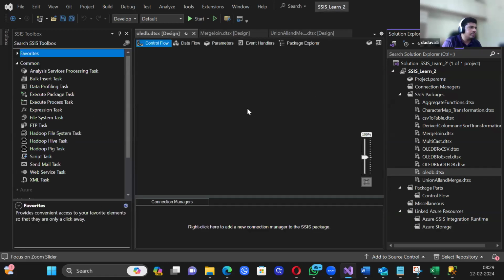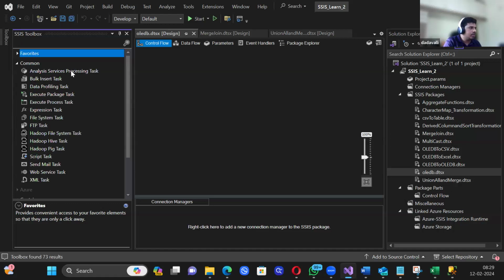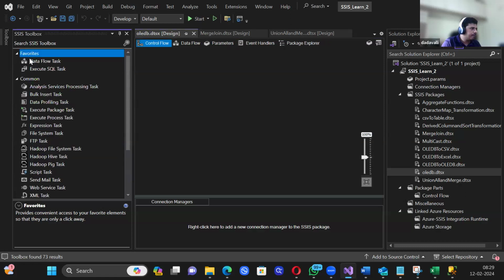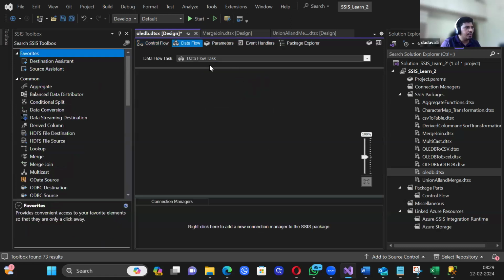All right, so this is my new package OLEDB. Here I'm going to use my data flow task. Where is my data flow task? Right, so this is my data flow task. Let me open my data flow task, and now in this scenario what I want to do is